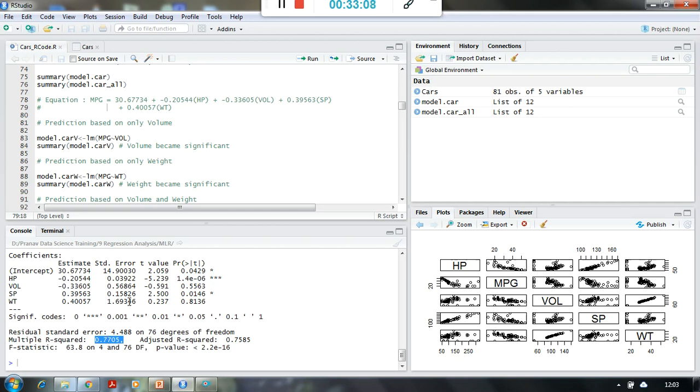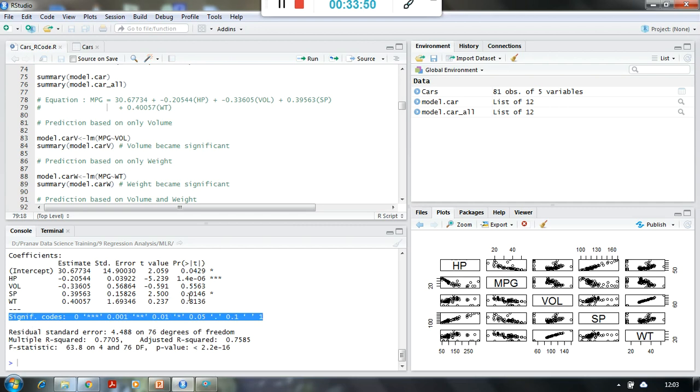By taking this also, we can write a model, but the problem over here is the p-value is not significant. As we have learned, the probability value for the given coefficient for volume and weight, as you can see, are 0.55 and 0.81 respectively, which should be lesser than 0.05. Like this is less than 0.05, less than 0.05, less than 0.05. Similarly, these two values should have been less than 0.05, but they are not. And these are the significant codes. You can see the star marks given for each p-value as well.